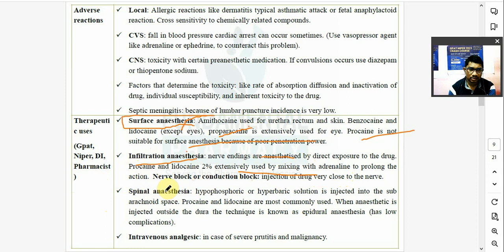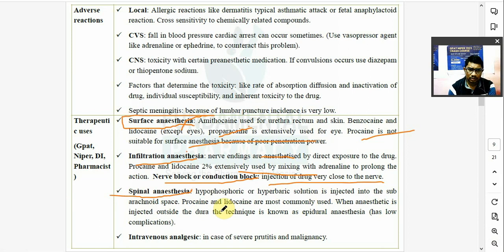तो थर्ड टाइप जो होता है आपका, that is a nerve block, and it's also known as conduction block. तो इंजेक्शन ऑफ ड्रग which is very close to the nerve ending, जो नर्व होता है उसको नर्व के क्लोज में इंजेक्शन देना है आपको लोकल एनेस्थेटिक। क्या होगा कि वो पूरी की पूरी नर्व ब्लॉक होगी। दैट्स व्हाई इट इज नोन एज अ नर्व ब्लॉक और कंडक्शन ब्लॉक। ओके, नेक्स्ट टाइप होता है लोकल एनेस्थेटिक का स्पाइनल एनेस्थेटिक।